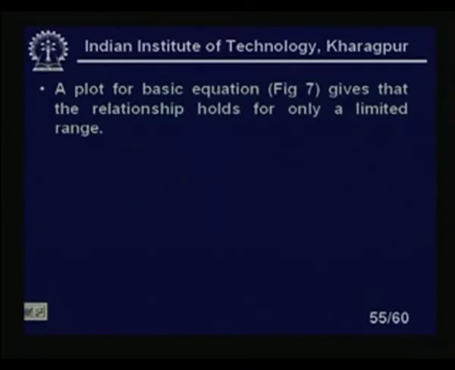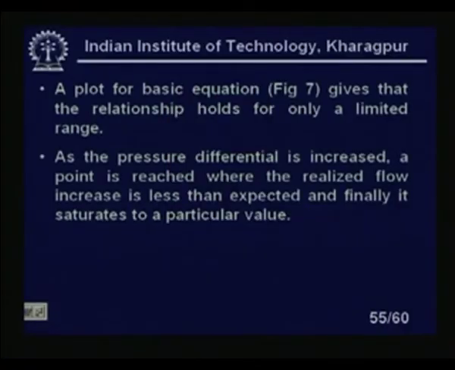A plot of the basic equations of figure 7 gives that the relationship holds only for a limited range. For the limited range this will hold, otherwise it will not. As the pressure differential is increased, a point is reached where the realized flow increase is less than the expected. That means there is saturation, or a valley sort of characteristic,